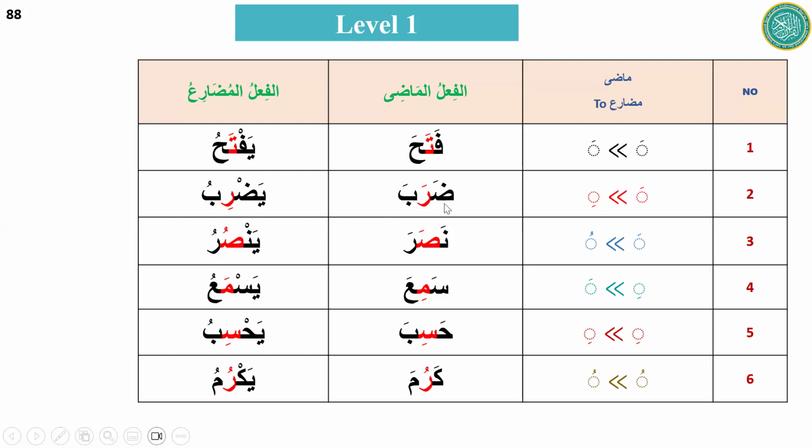And then if we go to the second one, its representative word is Daraba. So we will name the chapter Daraba. So Daraba, yadribu: Fatha, Kasra. Why? The second letter is Fatha. All those verbs which follow this pattern, second letter Fatha and then Kasra, will come in Bab Daraba. If we go to Nasara, yansuru: Fatha, Damma.